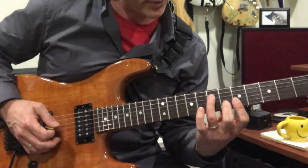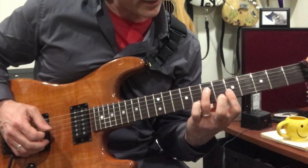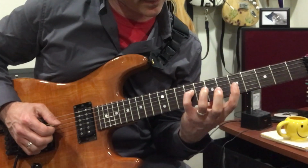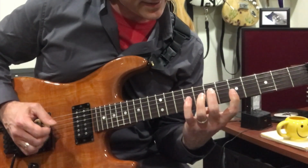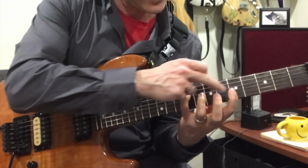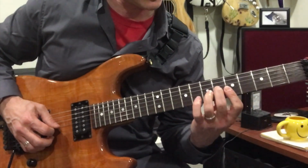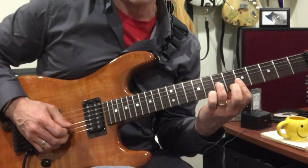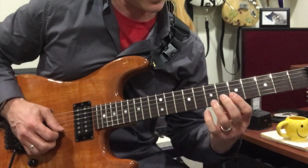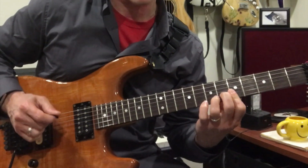Now we do a jump down to the 7th fret on the D string. So we're playing an octave there, that A, and we're skipping 2 strings. Okay, so we're going 7 and 9 on the D string, and keeping that bar there on the 5th fret. Back up to the 6th fret G string, 7th fret, back down to the 6th, 7, B string, 5th fret, B string, 6th fret. So again, it's